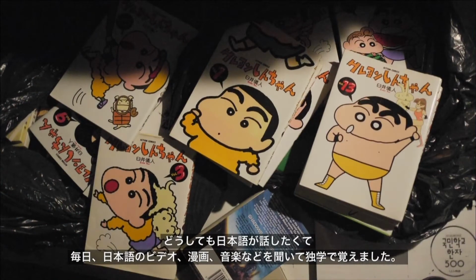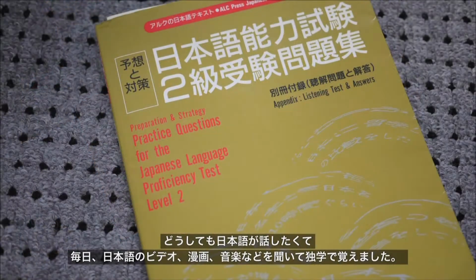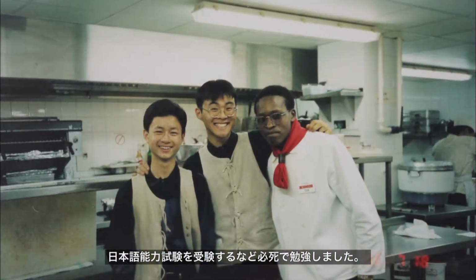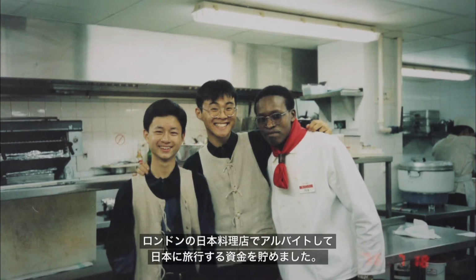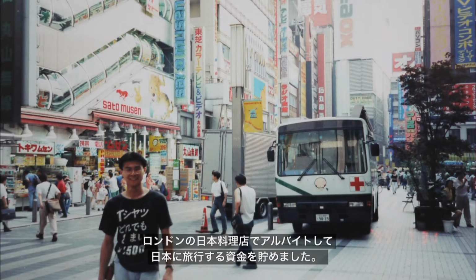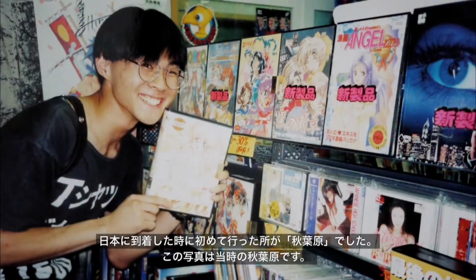So I decided that I wanted to learn Japanese, so I did things like watch videos of Japanese TV. I read a lot of manga as well, and I listened to a lot of Japanese music as well, which really helped my Japanese. I also took tests like the Japanese proficiency test, and it was great to set goals for myself. I took part-time jobs at Japanese restaurants and saved up some money so that I could come to Japan on holiday. And one of the first places I went to was Akihabara, and this is what Akihabara used